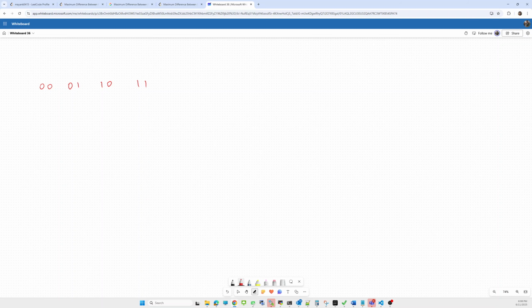Okay, fine. Now we are interested in the 10 state. 10 state means odd minus even state only. In this state we are interested.